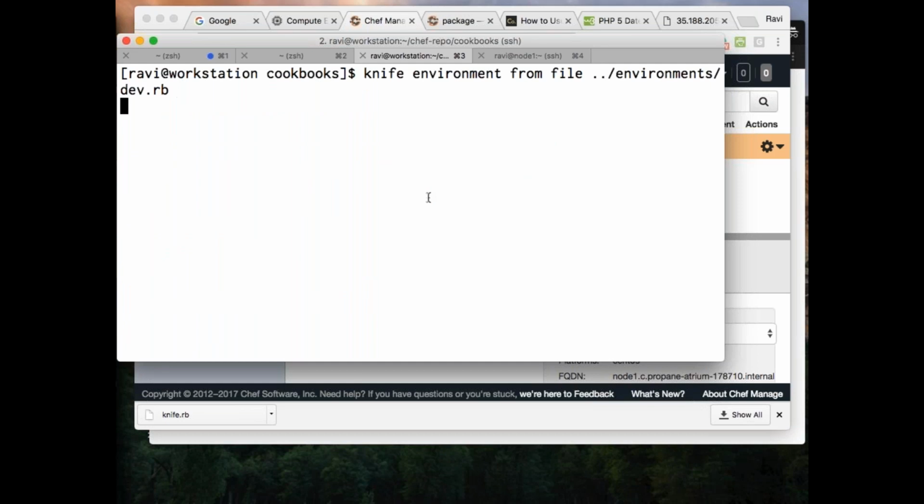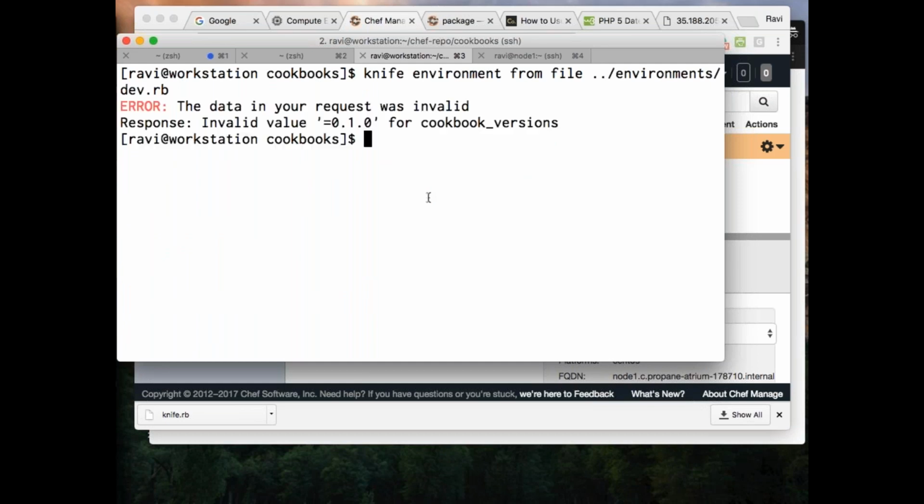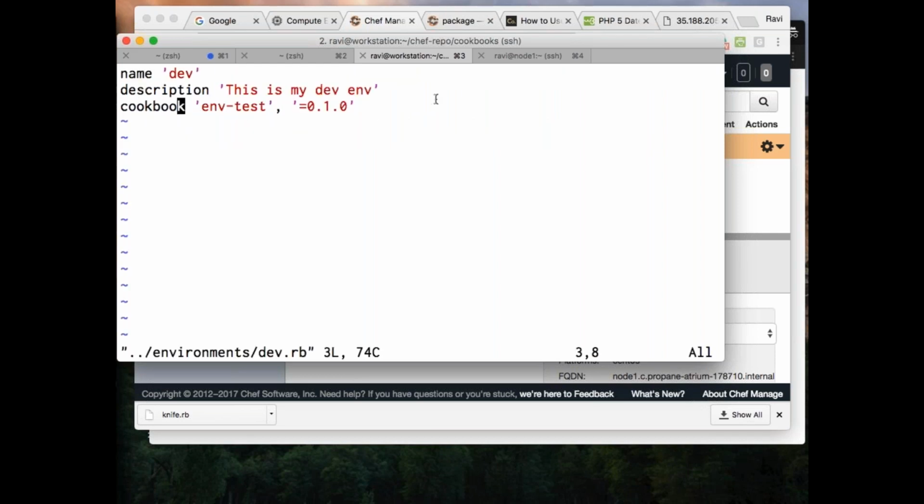Knife environment from file environments. It says invalid value. So I think I need to give some space, I guess. So let's go to the particular file. We need to give some space, before or after, I'm not sure. If not, let's check.